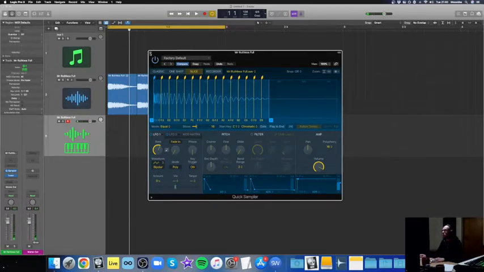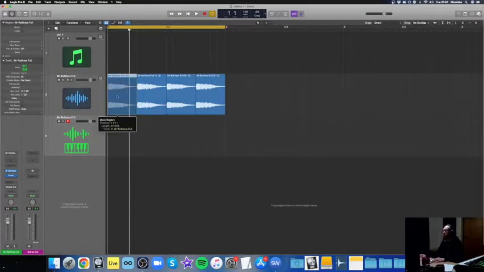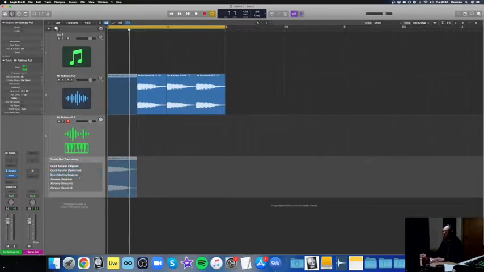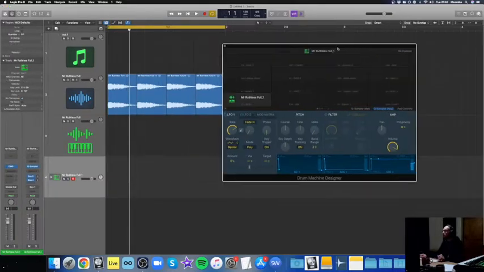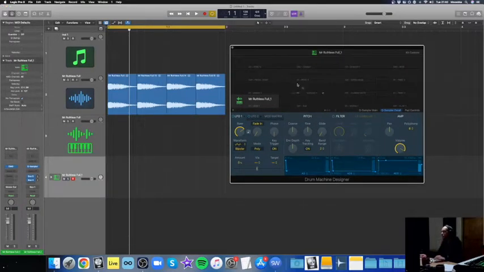So you can do that with it as well. So let's just grab it again and put it in here. So you got Drum Machine Designer, which is a pretty cool thing in Logic, which doesn't really get used much, but it's basically the same as the sampler, but it's just got all your drums here. So you've got the kick drums here, so if you click on that, it then plays it, and then you can put your filter on like that. So if I do that, it then cuts out all the highs,